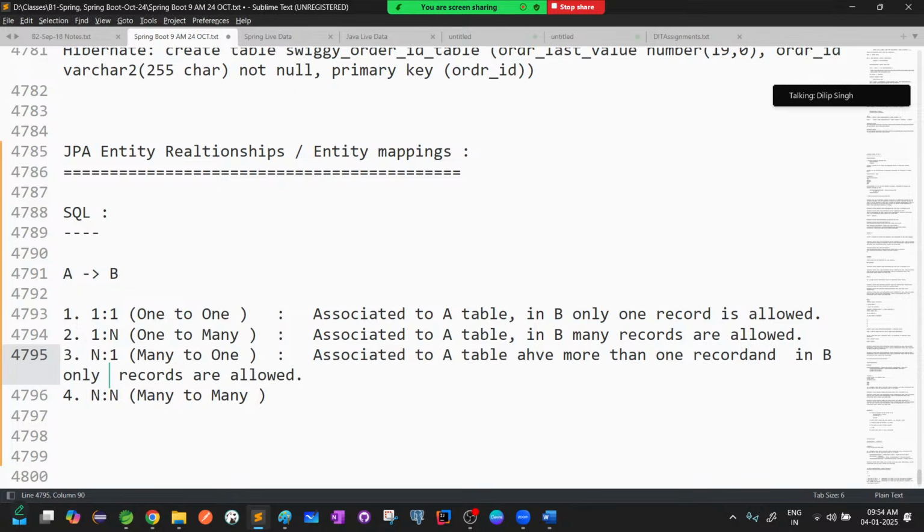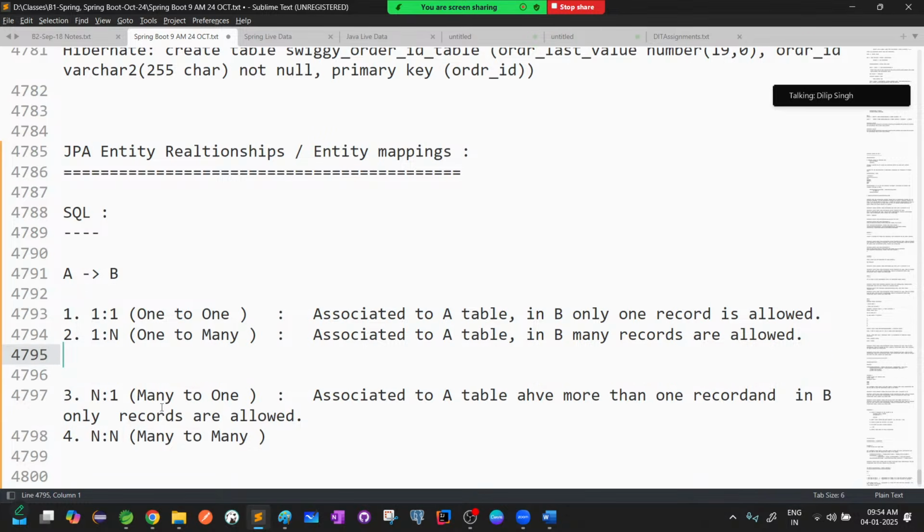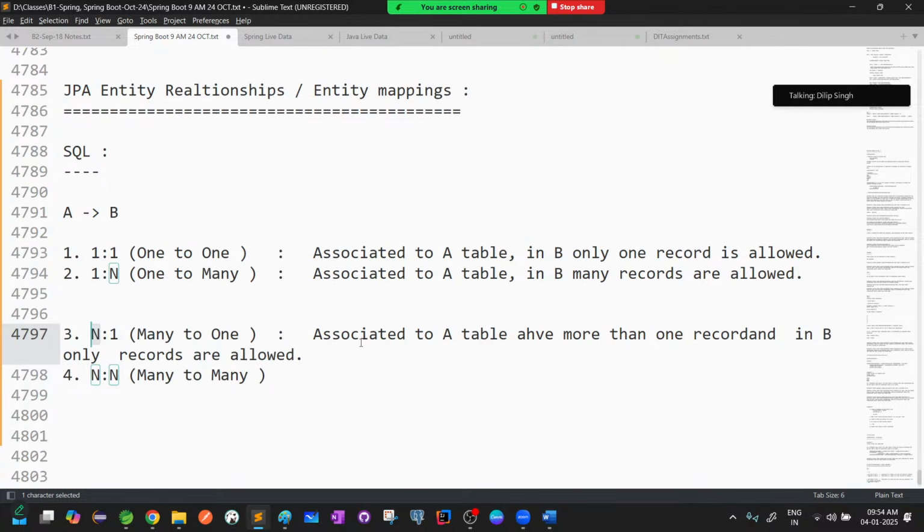I will take one example. That's why I said first we will discuss these two with respect to the programming point of view, then we'll come back here. So this time A table will have many records, but in the opposite table, B table point of view,